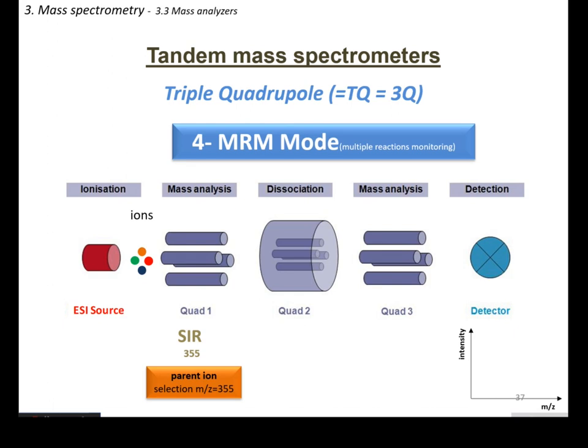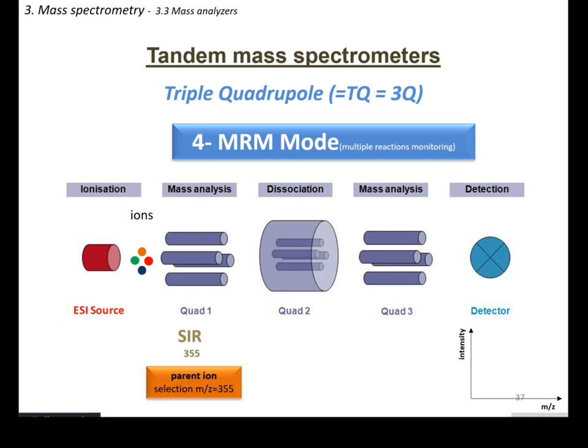Now there is another mode, which is called the MRM mode, multiple reaction monitoring. In that case, it means that you already know what are the daughter ions of your parent ion. And what you want to do is isolate this compound in a mixture and quantify only him. So to do so, you will make a double filtering: a filtering on the first quad, then you break this parent ion, and a filtering on one daughter ion,